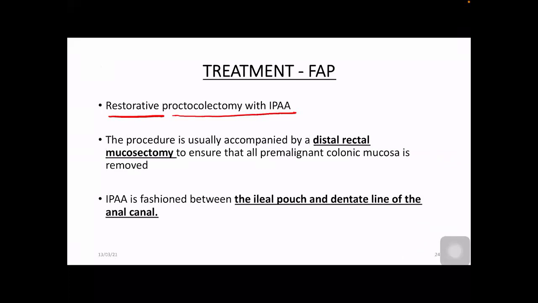So this is the same surgery which is also used for ulcerative colitis. How does it differ? I'll tell you in the further slides. So the same surgery which is done for ulcerative colitis, you form an ileal pouch and anastomose it to the anal canal. Always remember,